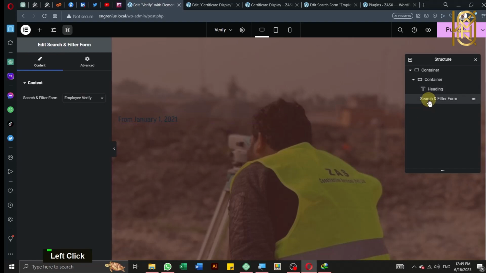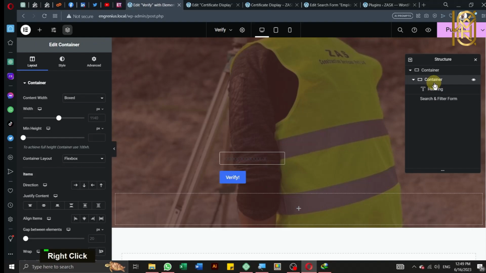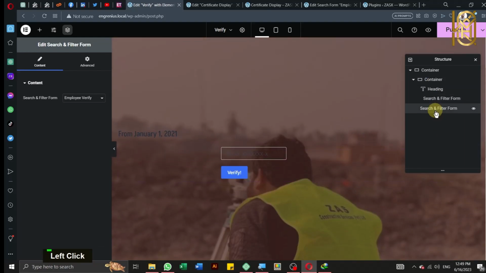Okay, I'll add it from the navigation. I'll just copy paste it and it will look fine. I'll delete the bottom one. Okay,